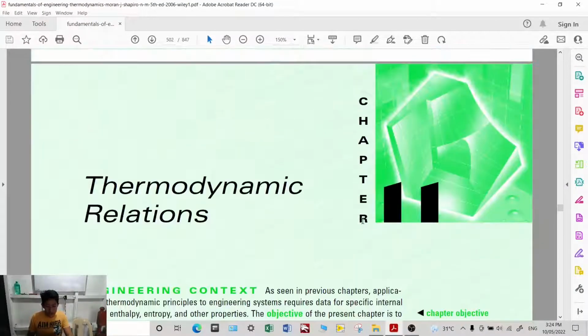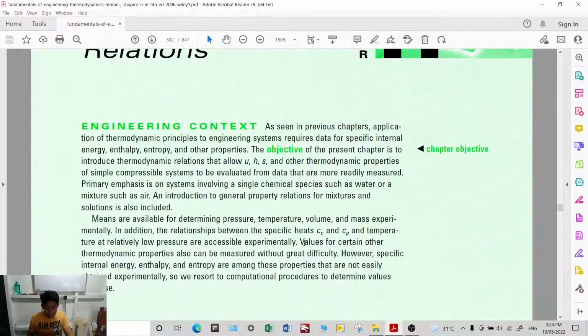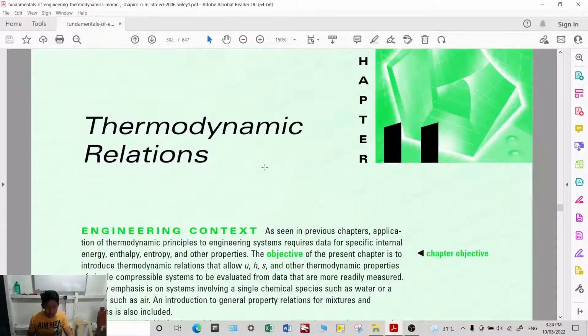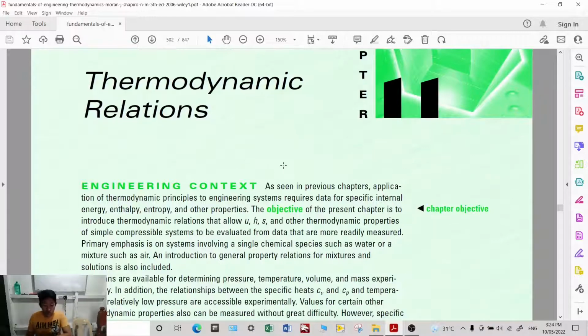In this lecture, we'll be discussing chapter 11, and this is all about thermodynamic relations. So the objective of this chapter is to determine the thermodynamic relations that allow internal energy, enthalpy, entropy, and other thermodynamic properties for simple compressible systems to be evaluated from data. Okay, so what this means is